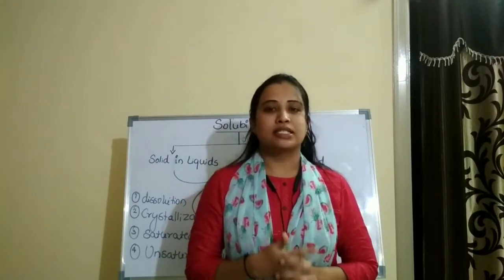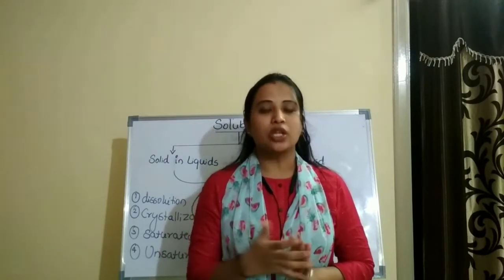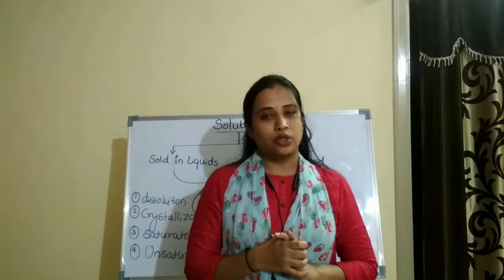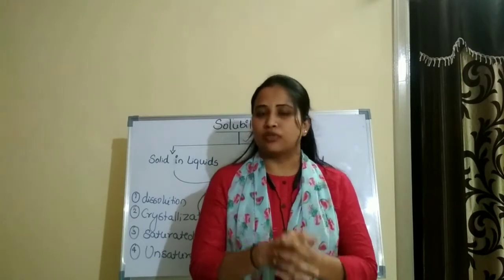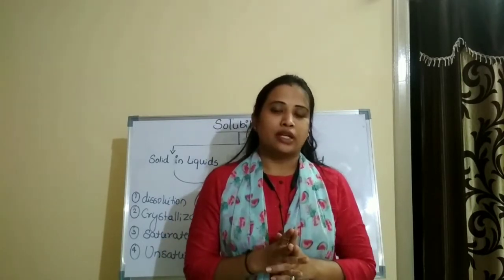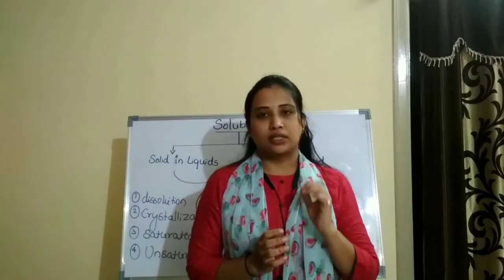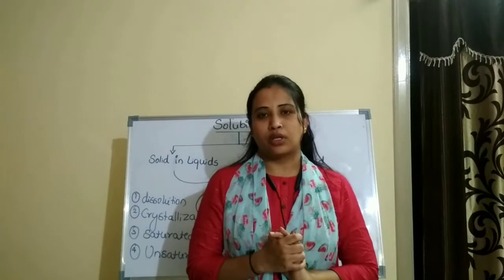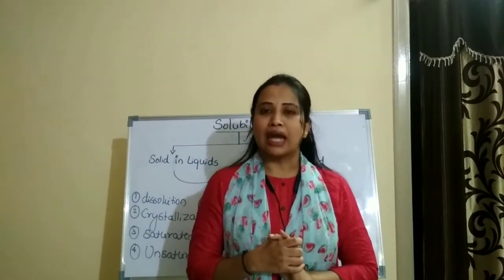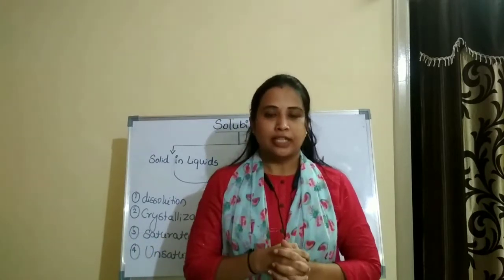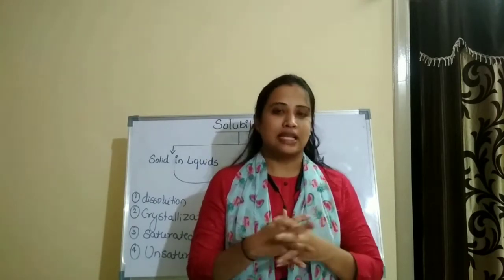So let us move to the next part of the chapter, that is called solubility. So what does solubility mean? I am going to take a glass beaker, and in that I am going to have a definite quantity of a solvent. The best solvent I can choose here is water. So take a measured quantity of water in a glass beaker, and to that add a little amount of a solute. Here I could explain by taking salt as the best example of a solute.